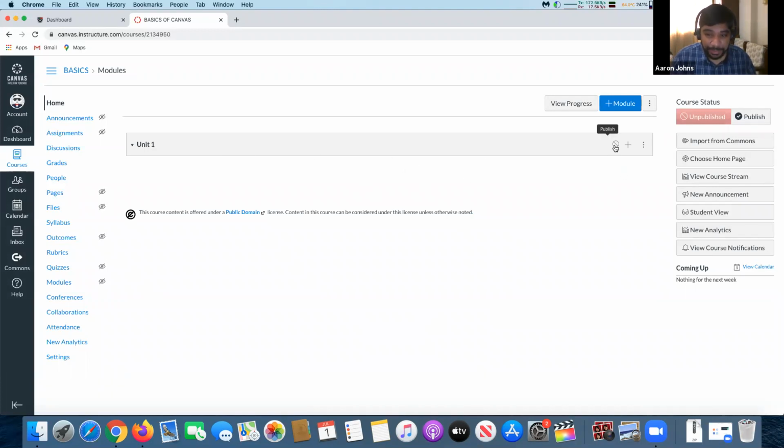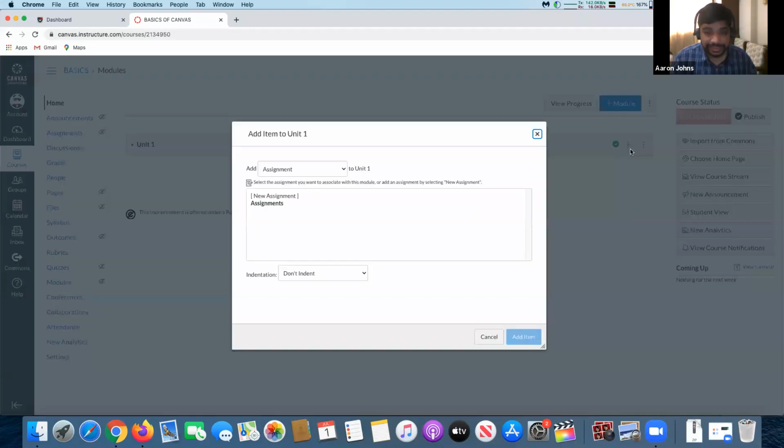And now when you tap the publish button, that module is published. That means if you don't publish a module, your students can't view it. The students can only view a module once you publish it. And then